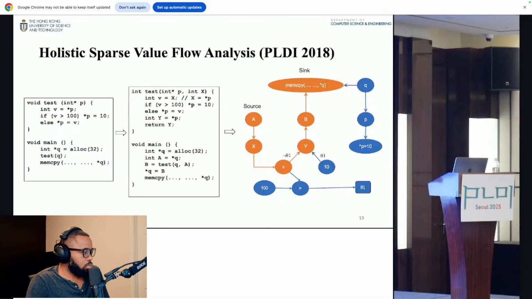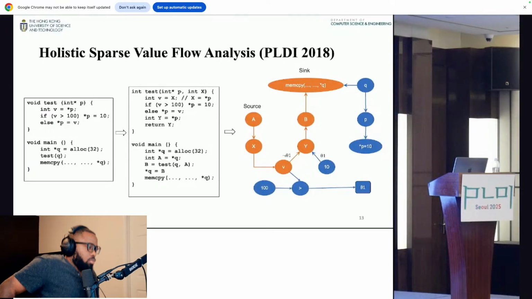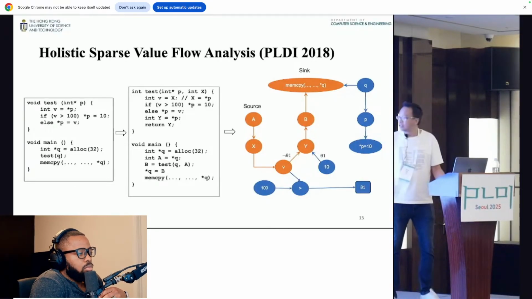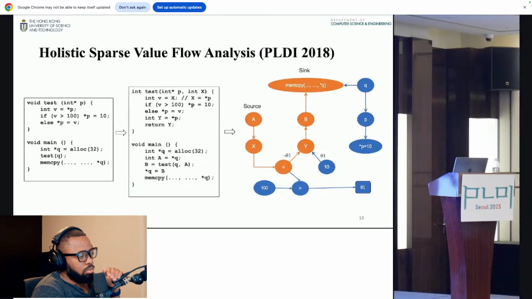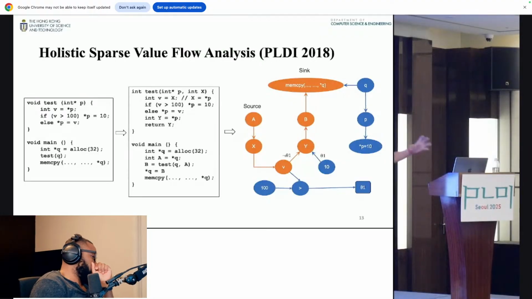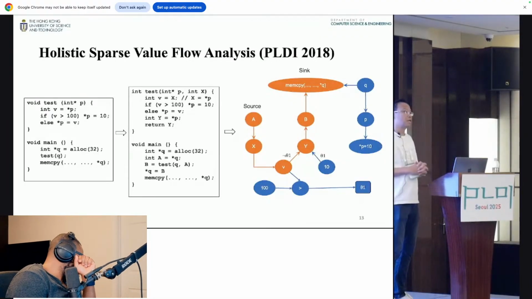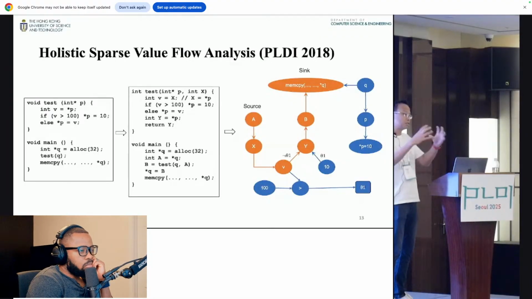So given this graph, we can do on-demand analysis. Right? So when we query whether the malloc can flow into the memcpy in main, we can just identify the source and sink and try to compute path-sensitive reachability. Right? So another feature is that since we represent this path condition using a Boolean variable, we can just use the Boolean variable to represent the path condition. So in a complex graph, there will be interesting results when we abstract actual path conditions and just use Boolean variables.